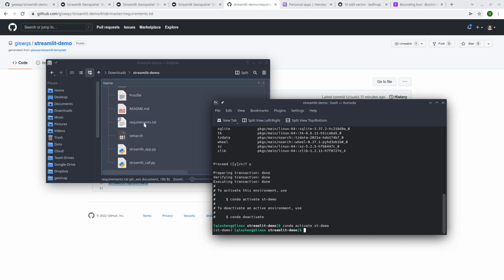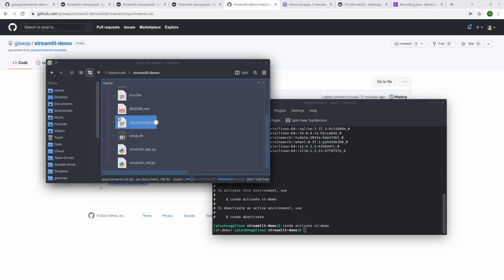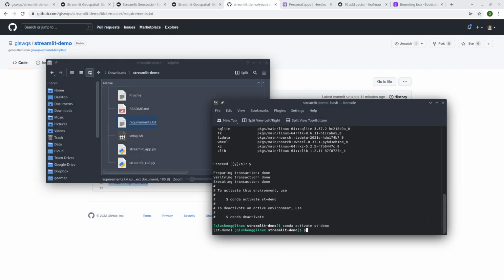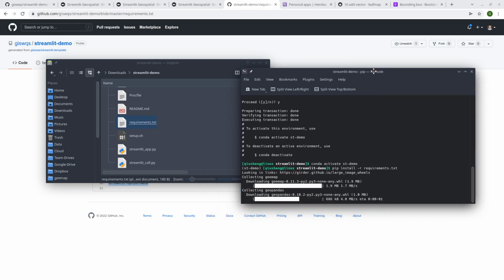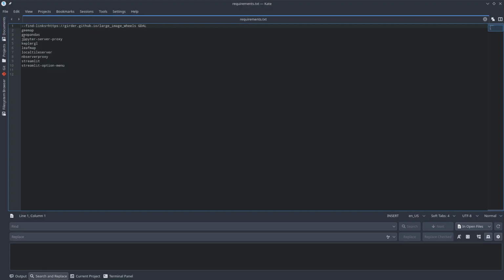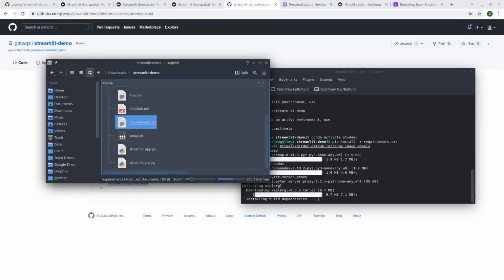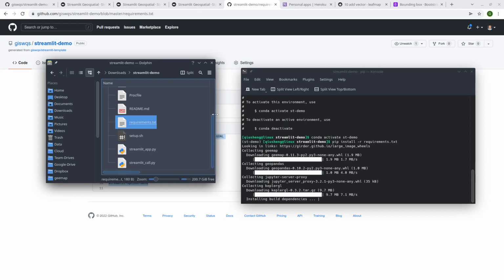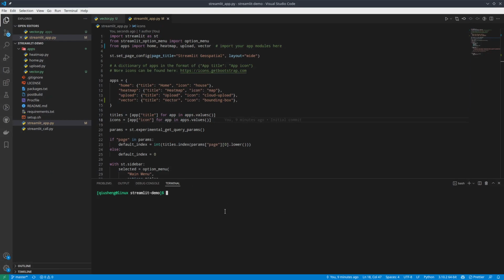install the packages. So we're going to use this one, the requirements.txt. You can install either using Conda or pip. I can just simply pip install -r and then requirements.txt, and then you can hit enter. It's going to install all the packages that we specify in this requirements.txt. And once you have that, you should be able to open the app on your computer so you can test it. But this might take some time, so I'm going to use the Conda environment that I already created before. So we conda activate